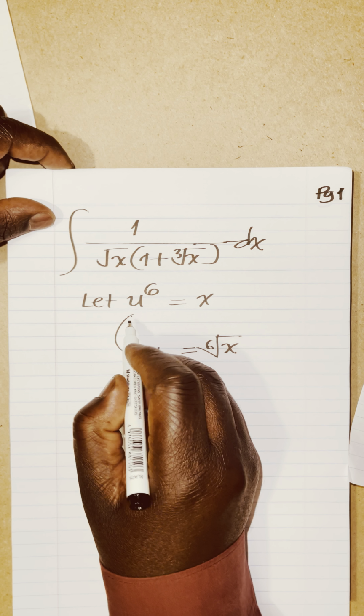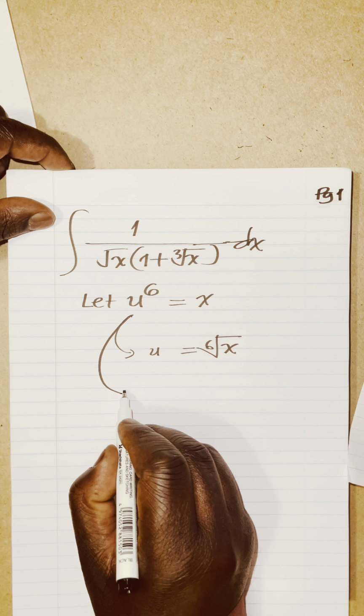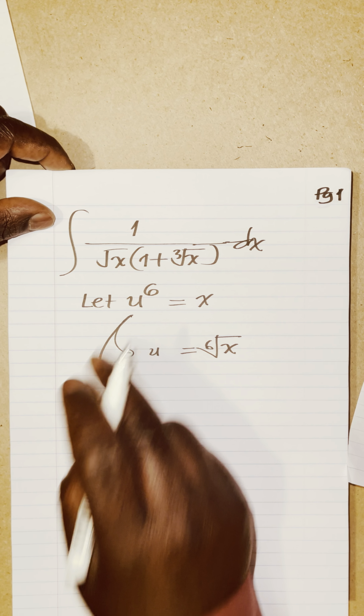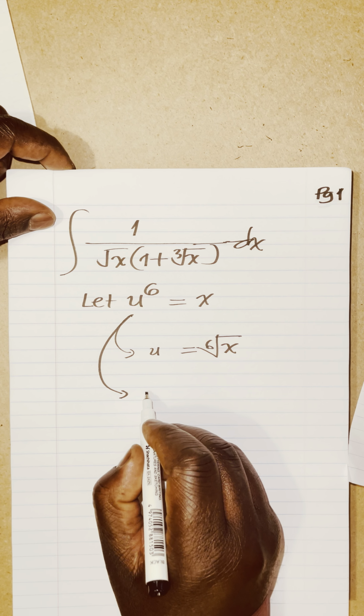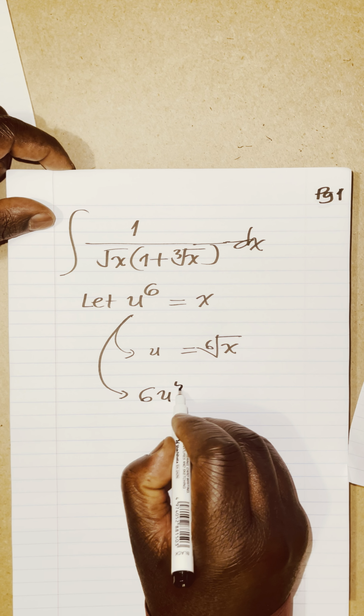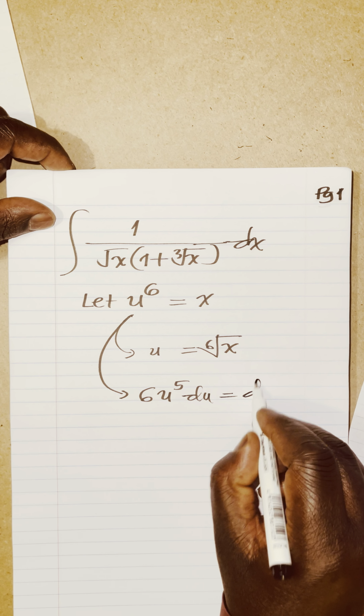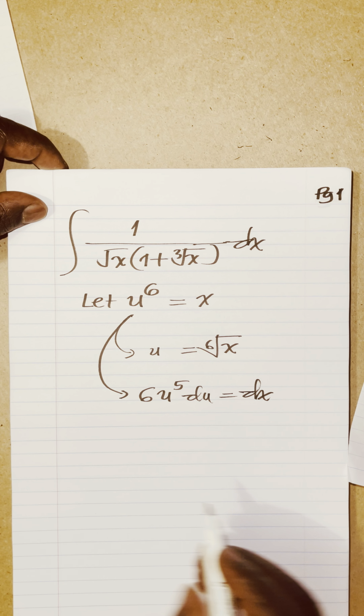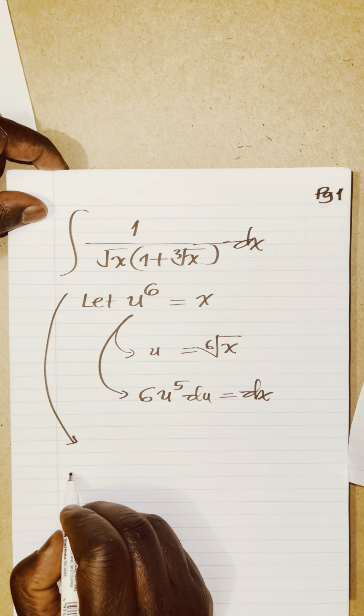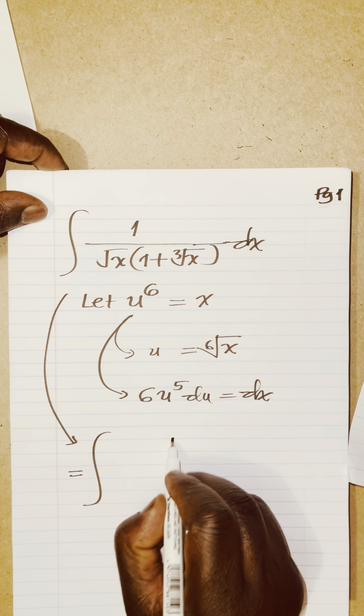The second equation is obtained by looking at differentials on both sides. Differentiating the left-hand side, we have 6u to the power 5, remember the power rule there, and then we have du. On the right-hand side it is just dx. Fantastic. Now our integral changes as follows. That will be equal to the integral of 1 all over